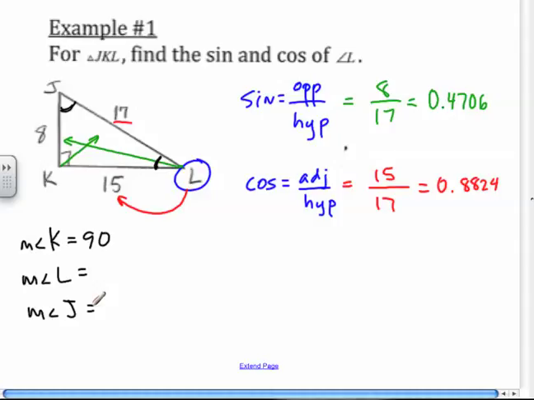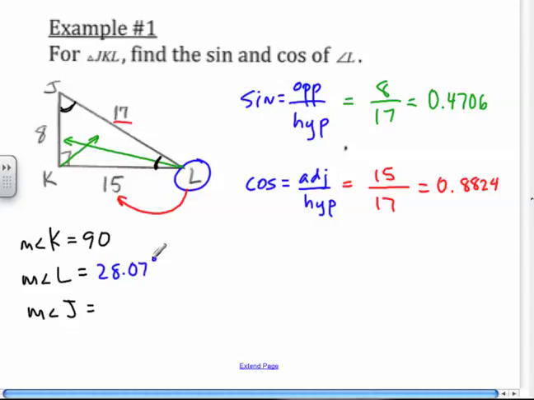So if I know the sine of L is 0.4706, I can type in second sine 0.4706